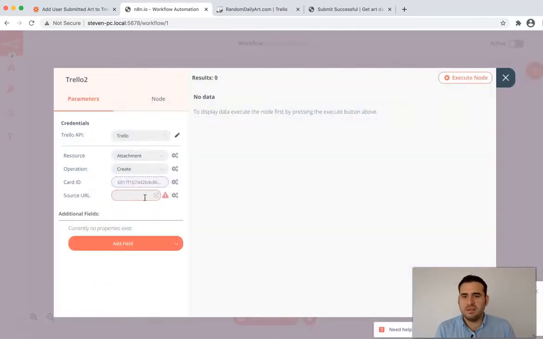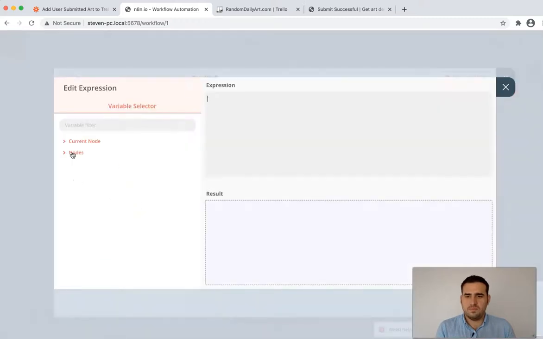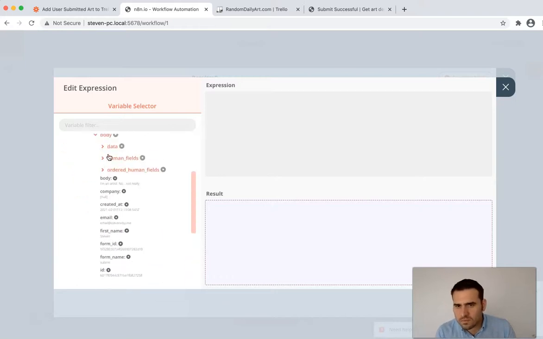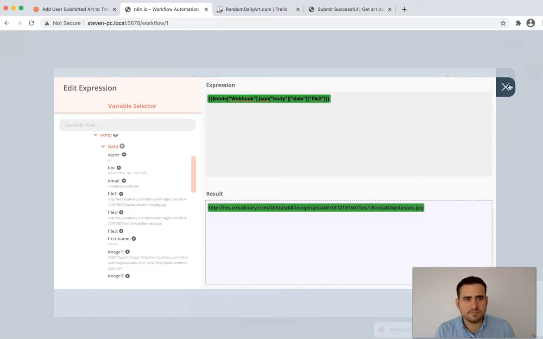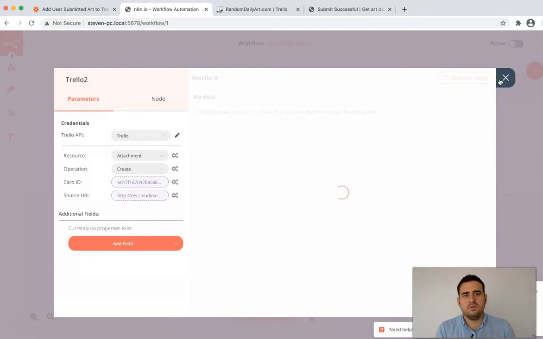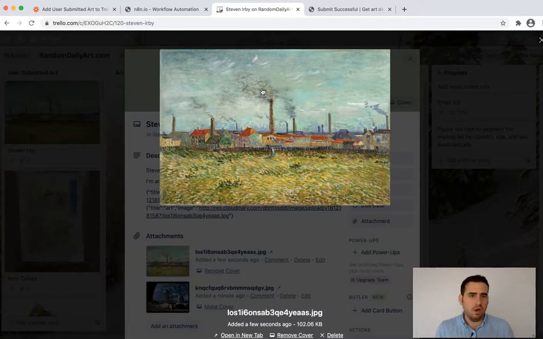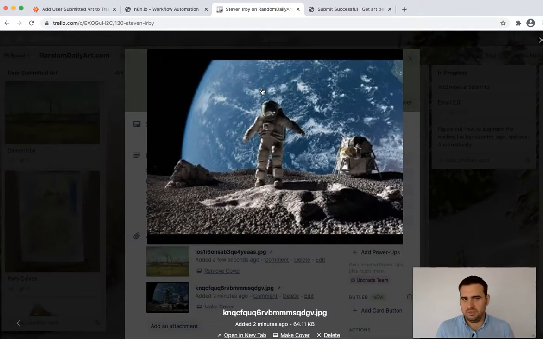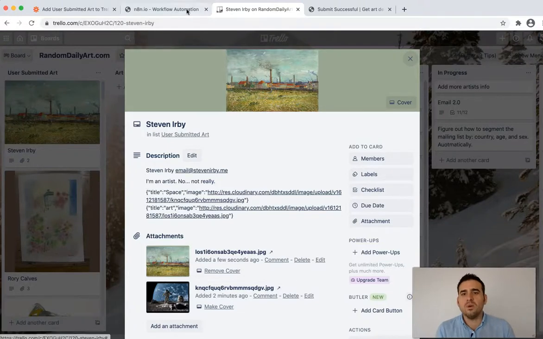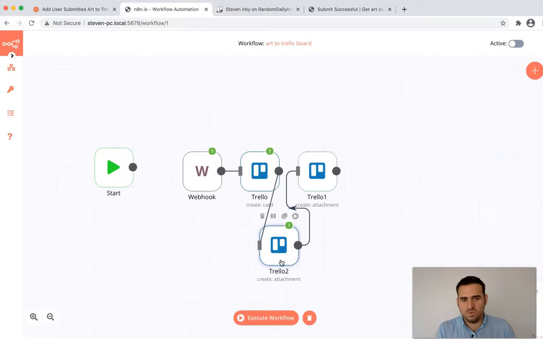Plug in the ID. Data, file 2. So boom, there are now two pictures. So as I said, as a user of this, I simply click in here and I can quickly see the art that people submitted and decide which one I want to actually add to my newsletter. Okay, so that works, but unfortunately,